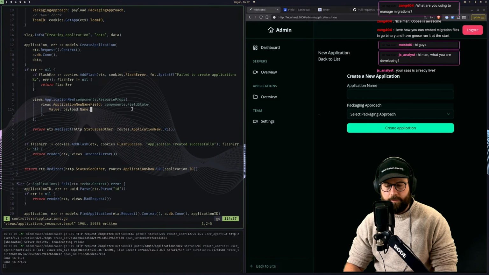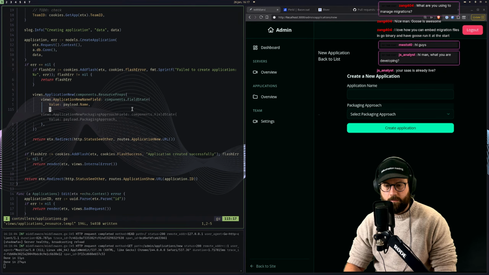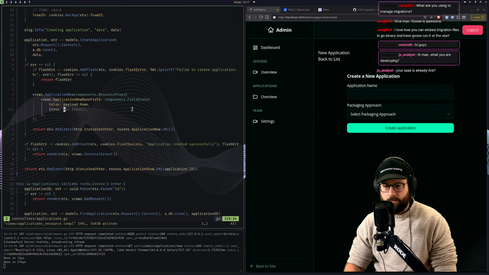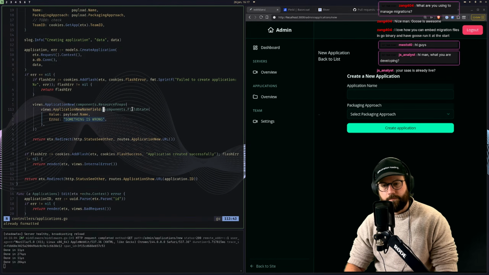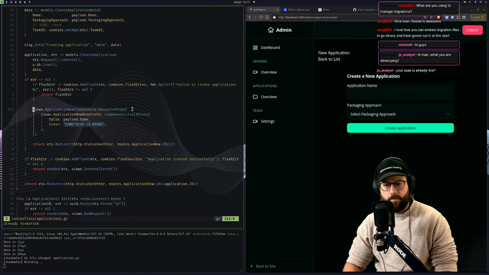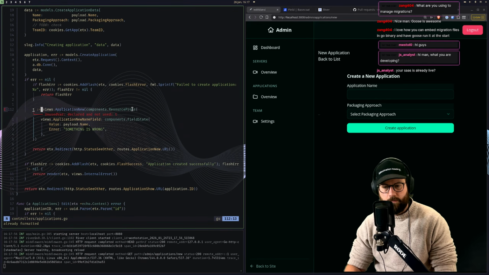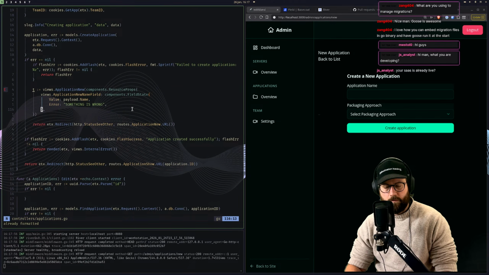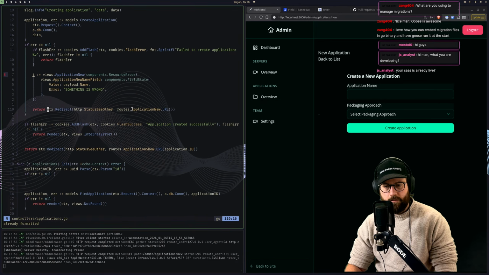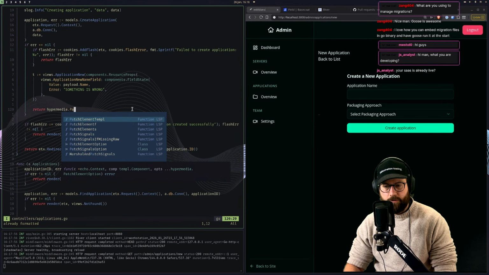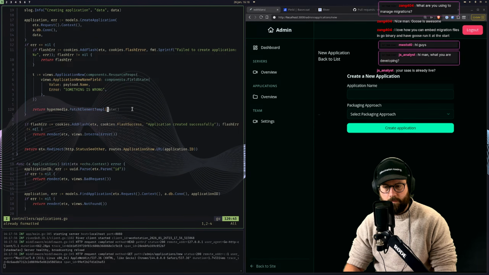So we could do payload name and just do an error. So this is T. Right, and then I should be able to do hypermedia, patch symbol, pass the echo context, and then